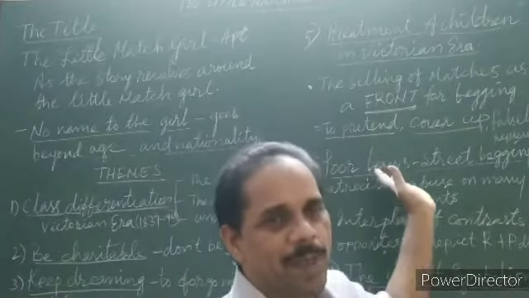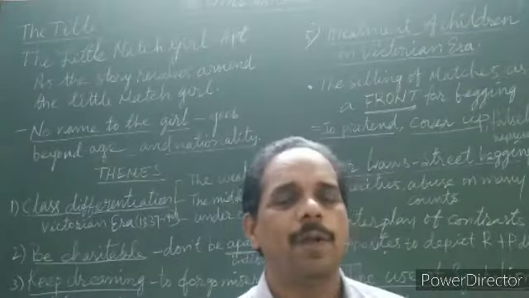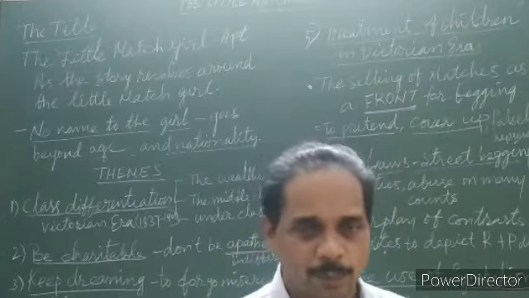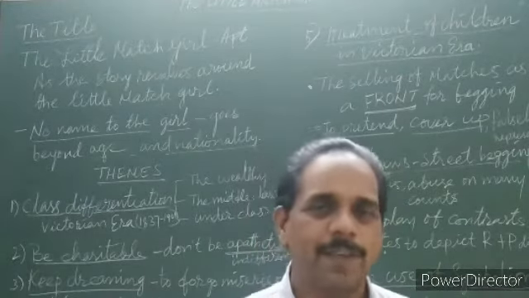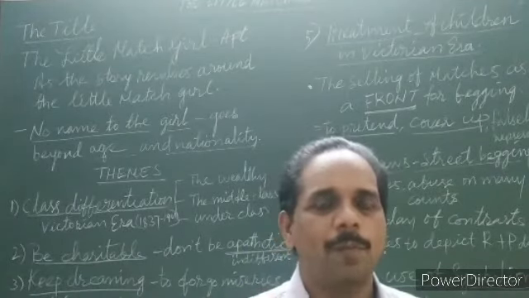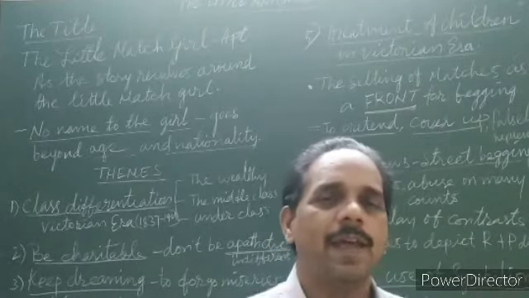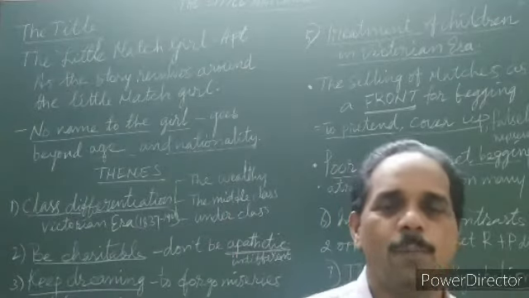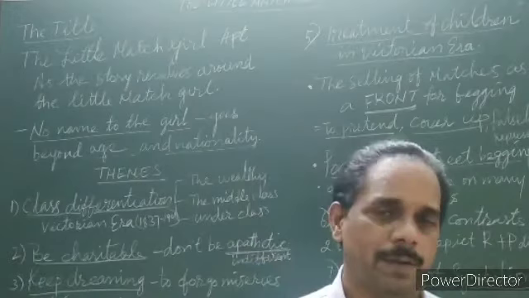If you look at the little match girl, you will find her way of dressing. She did not have shoes to put on. She had a slipper which was her mother's. It was very cold. She had an old apron. She sat in a corner where there is no light. She had nothing to warm up herself except the matches. All these are abuses. She was afraid to go home because she sold no matches, because if she goes back, her daddy will scold her.